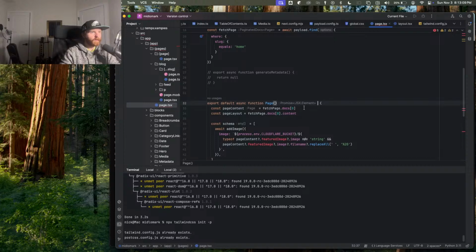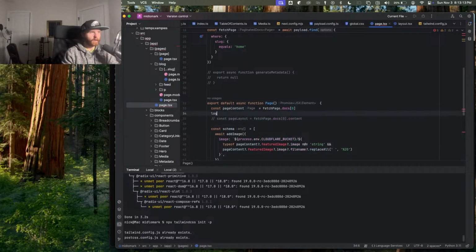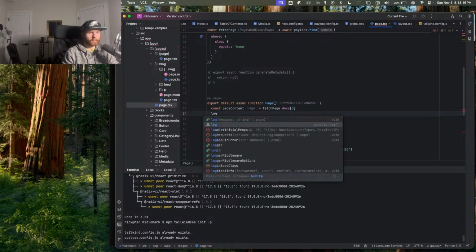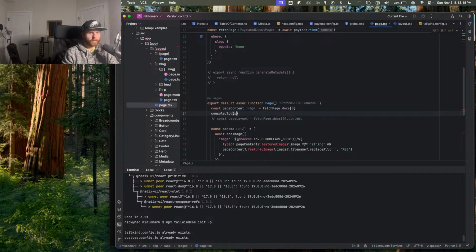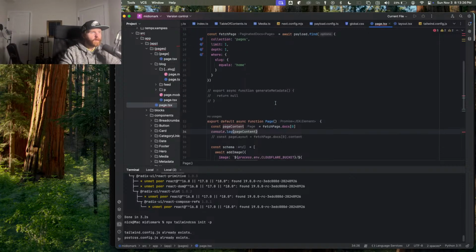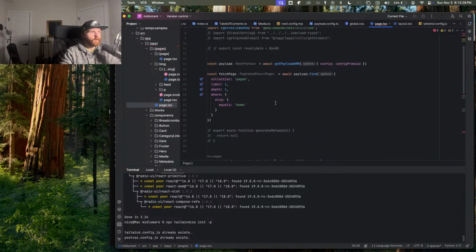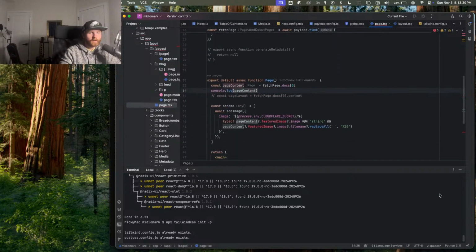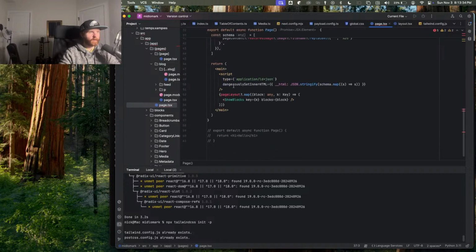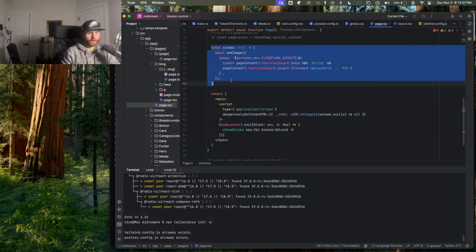We're going to take a look and see what page content looks like, so we're going to log page content. Okay, perfect. Now let's just get rid of anything that's going to throw an error, which is going to be this